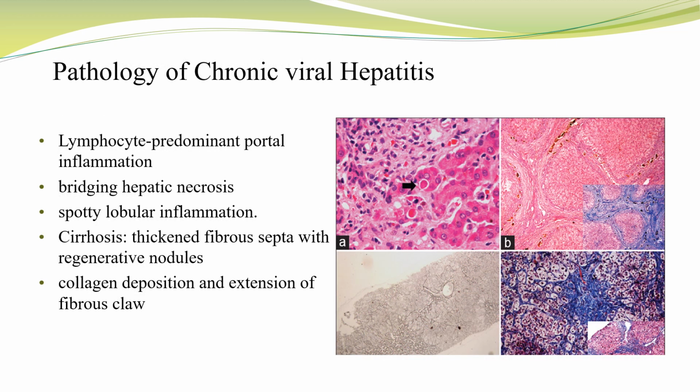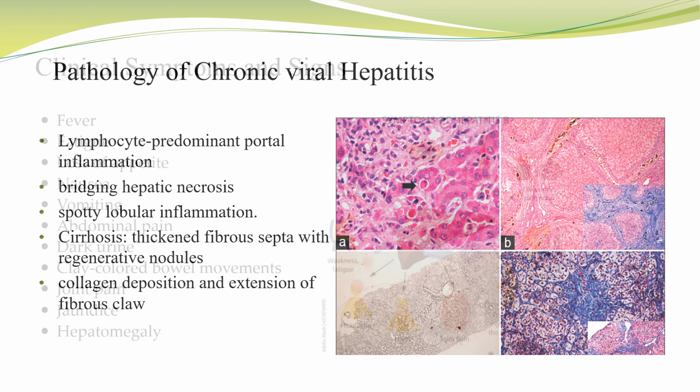Here is actually the continuum of acute and subacute process of hepatitis and end up to chronic hepatitis. And finally, we have cirrhosis that we can see in the picture, the thickened fibrous tissue of liver that shows